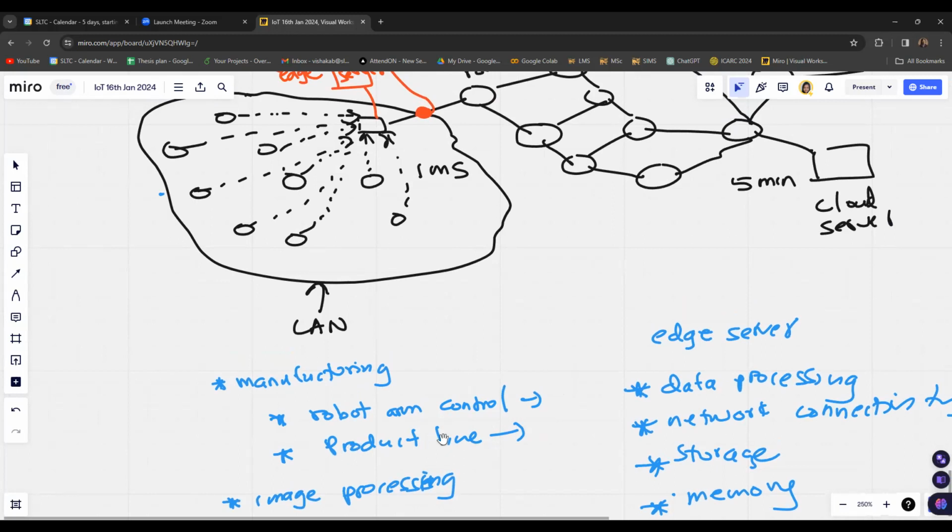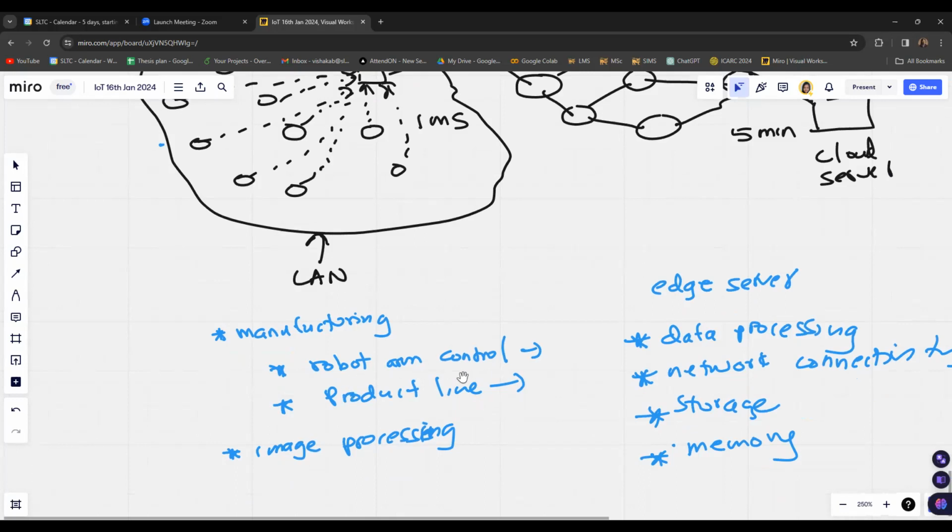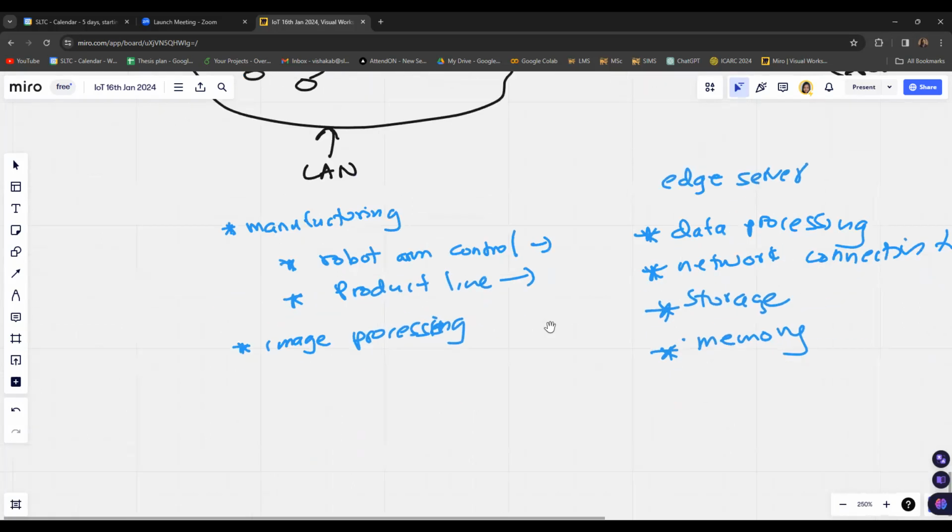It can also control and identify the operation of the product line in the manufacturing area. By doing that, we can improve the performance of the product line and reduce the number of faults in the product line, for example.